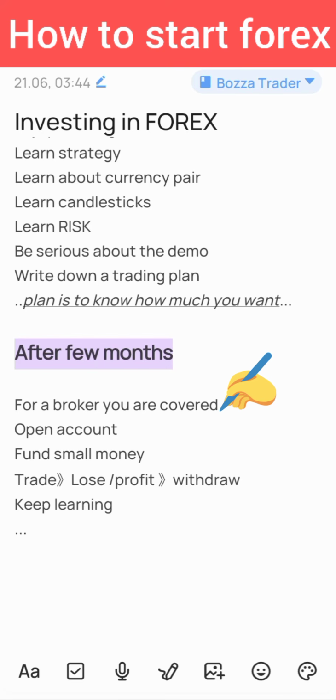Trade it on demo, write down the trade, write down the profit, write down the losses, write down the lot size, write down the time, everything that you feel is best that you can write. And then when you're done with that, you write your goals that you want to reach in a week, in a month, in a year. You can just explore, because it's all about exploring what you do not know,